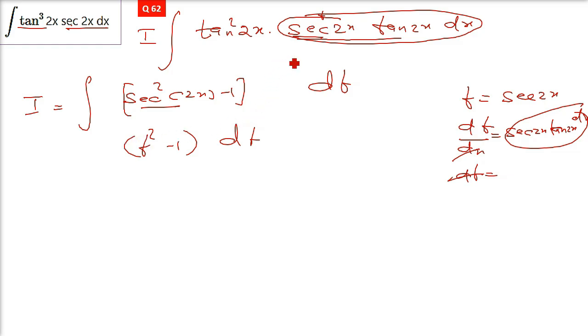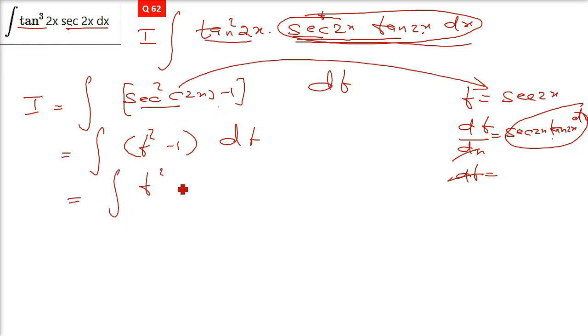So when we integrate it, there is 2 also. Please remember, I've just not written it. We'll include it. 2. So t square minus 1. So this is the whole idea. Now this will be t square integration separately and minus this dt integration separately. It will be t square plus 1 by 2 plus 1, so t cube by 3 minus this only t